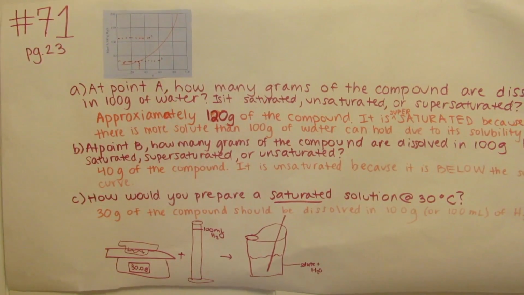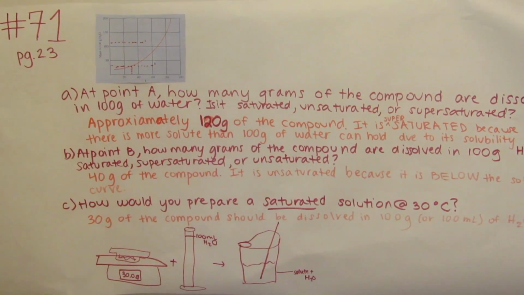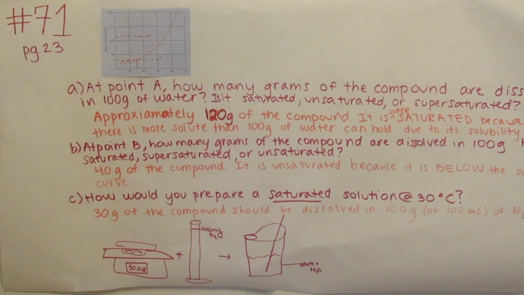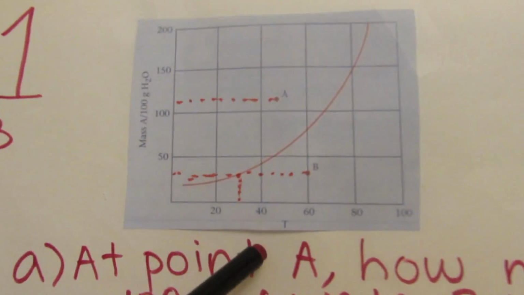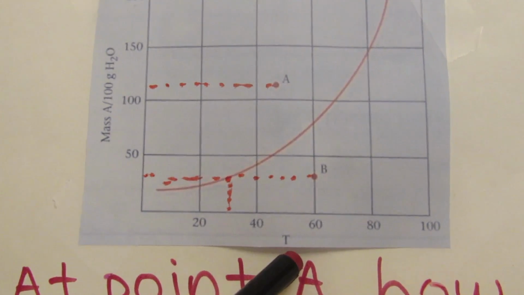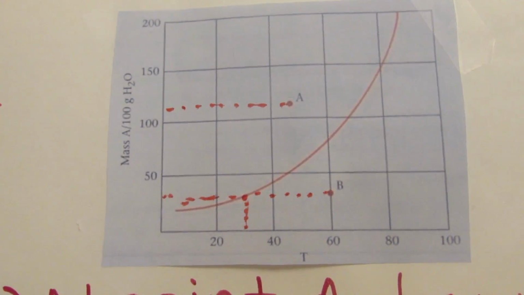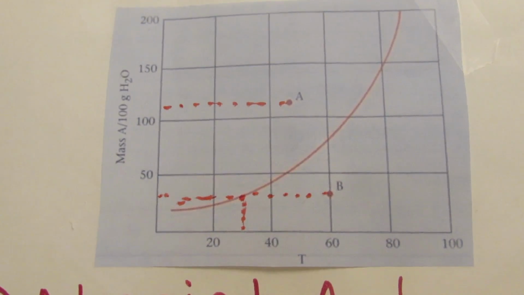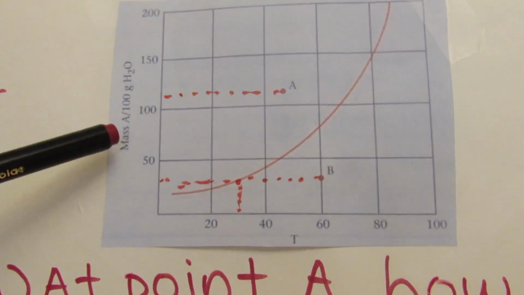So for C, how would you prepare a saturated solution at 30 degrees Celsius? So 30 grams of the compound should be dissolved in 100 grams or 100 milliliters of H2O. Because if you look at the graph here, the two axes are temperature for the x-axis and mass of the solute for 100 grams of H2O on the y-axis. So that's why we've been talking about how much of the solute should be dissolved in the water, because that's